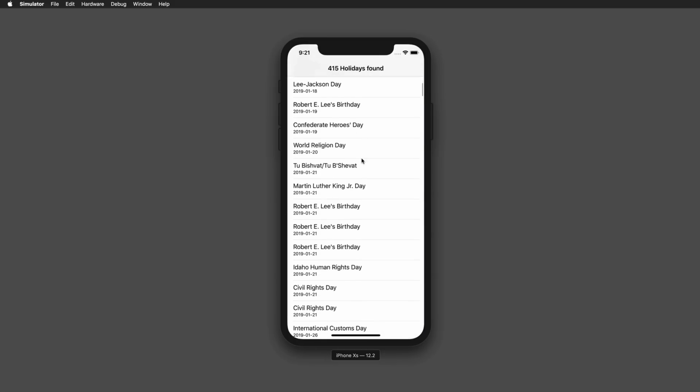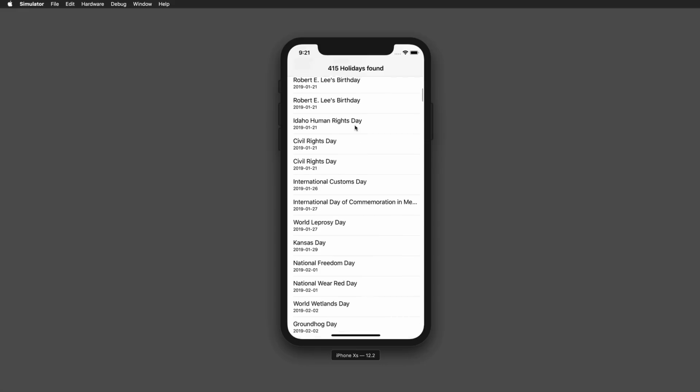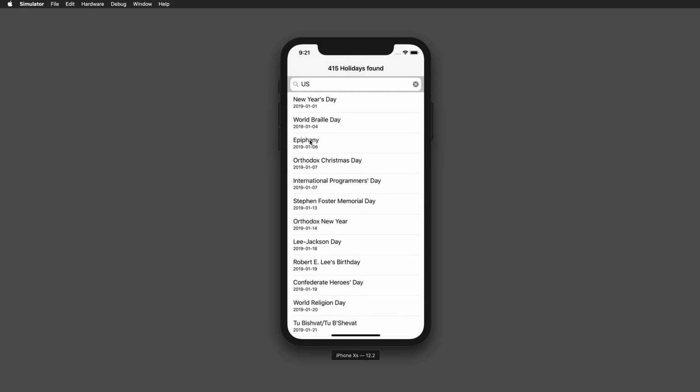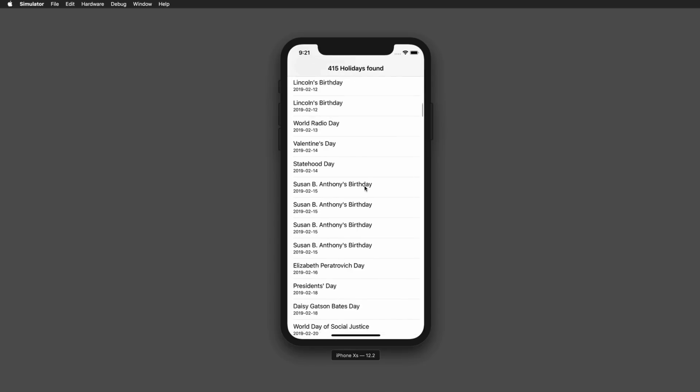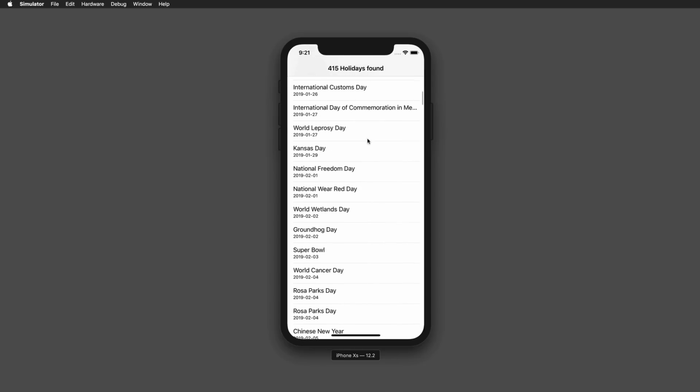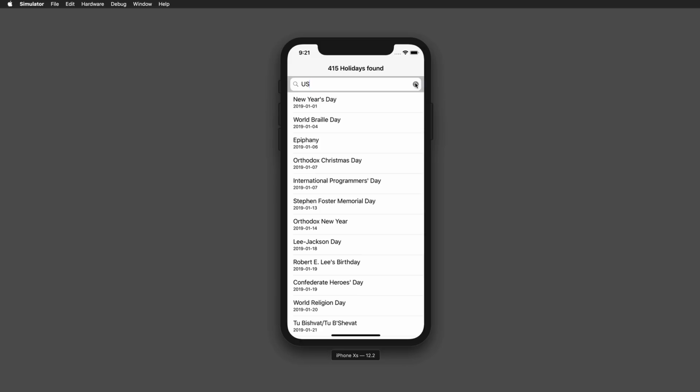Today we're going to build this holidays calendar application that is going to show you the names and the dates of holidays in a specific country. These are the holidays for the United States in this year. The application automatically displays the holidays for the current year, so this is quite handy if you need something like